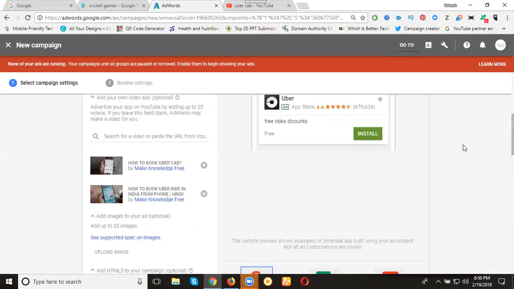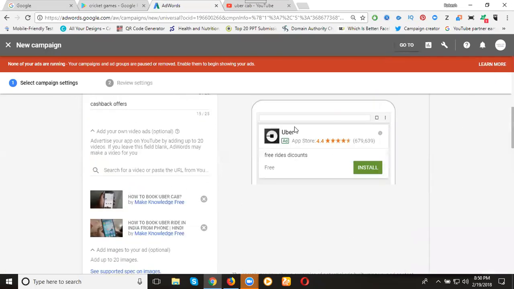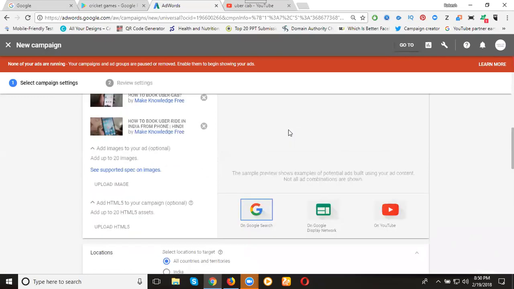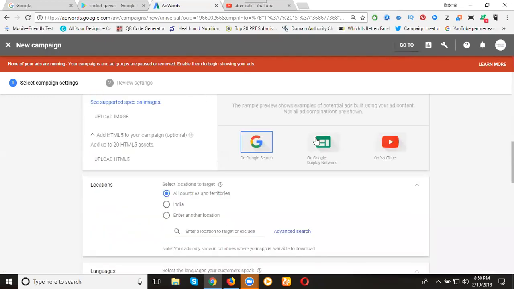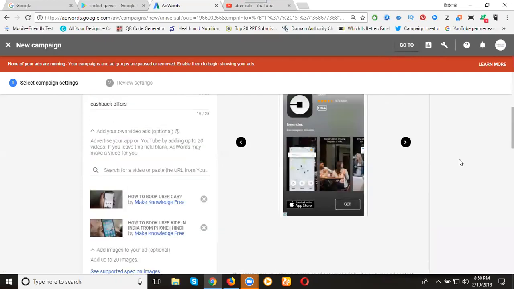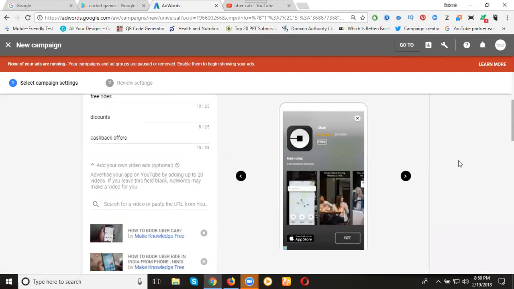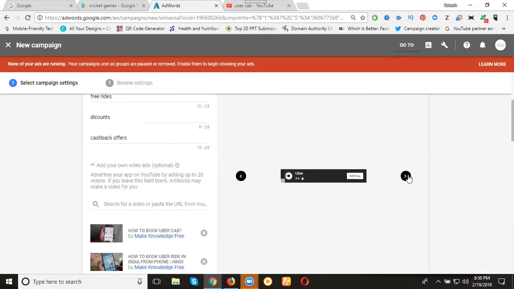So here, this ad will be displayed by Google like this. What is that? On the Google Display Network. Like this. On the Display Network, while playing any game in any app, it suddenly comes up for install purposes. Now like this, we can close this option. The app will be removed. Now, this is a video.